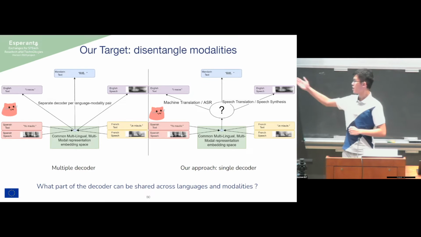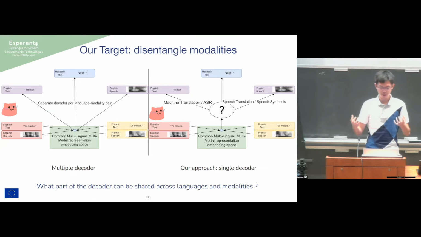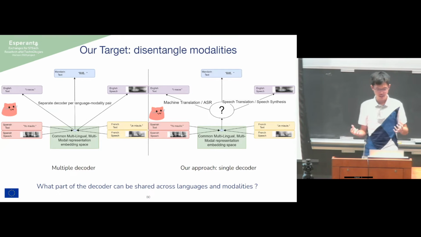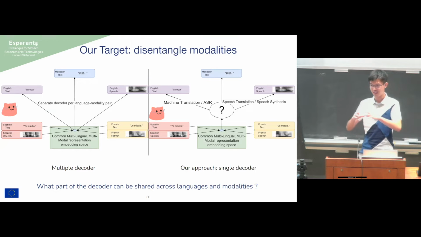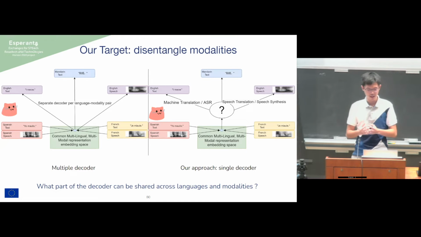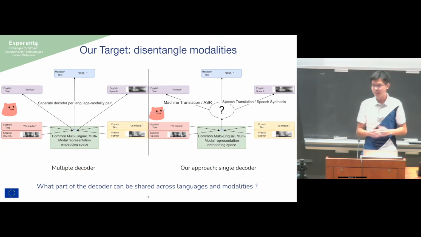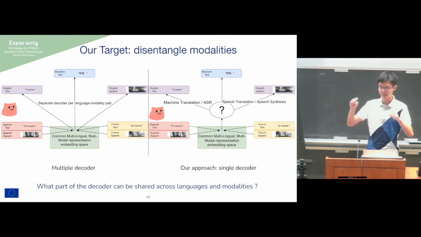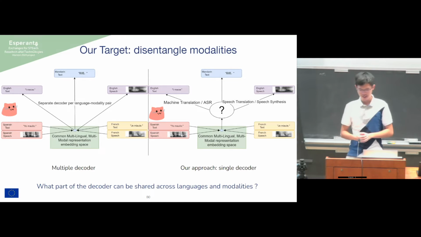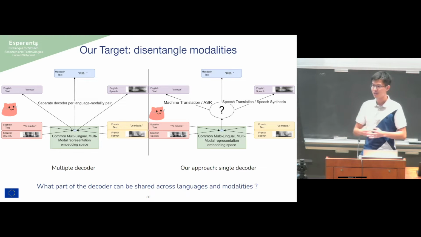So in our proposed encoder-decoder architecture for speech translation, the encoder maps multilingual and multimodal input speech and text onto a common representation space that is supposed to be language and modality agnostic. Subsequently, the decoder would have to map from this common representation space onto a specific text or speech in the correct language and modality. There are a number of ways that this can be achieved. One of the more common ways is to have one single decoder for each language and modality pair. As is shown on the left, that's what most previous work has focused on doing.